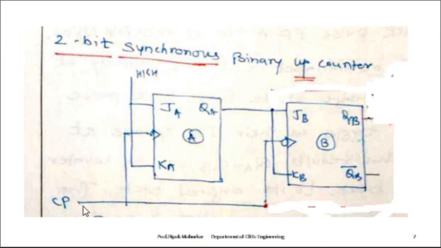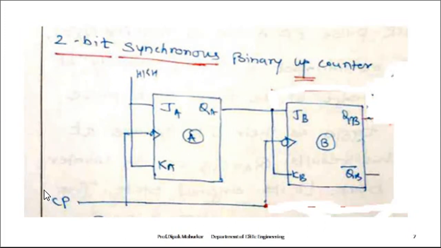at the same time. So that's why, since the clock pulse is applied at the same time, you can call it a synchronous type of binary up counter, not flip flop. When the counter is clocked such that each flip flop in a counter is triggered at the same time, the counter is called a synchronous type of counter.